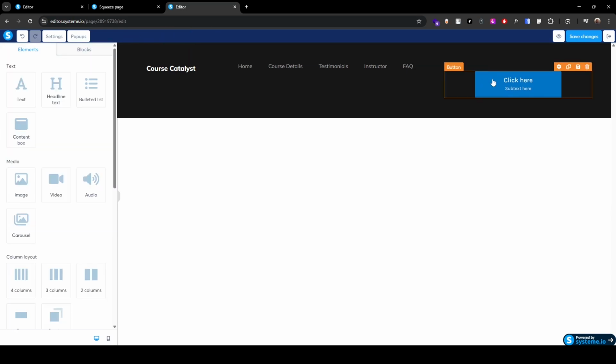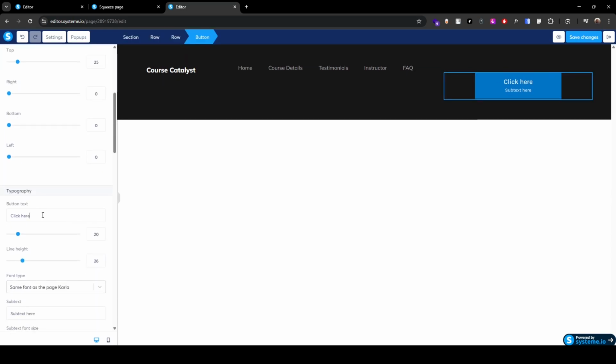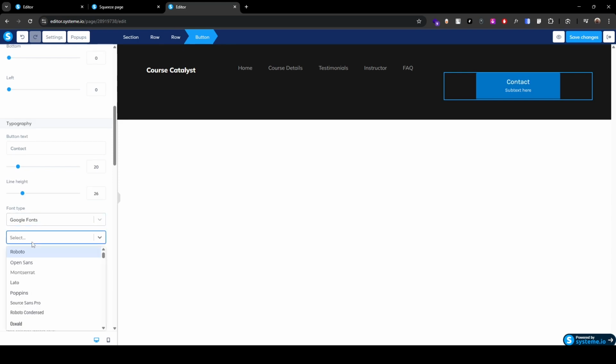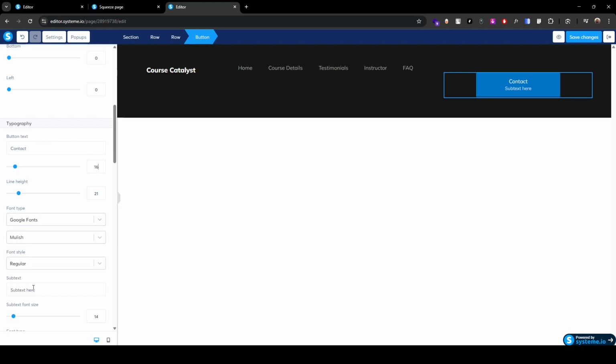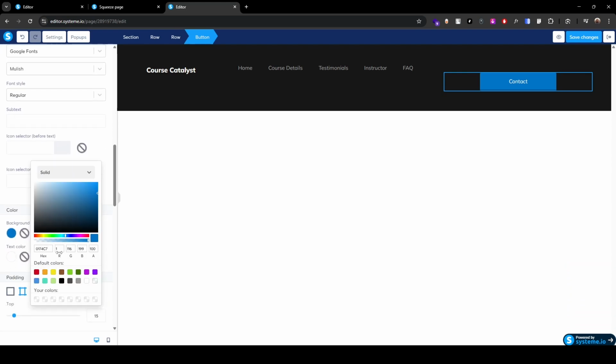Now let's style the button. Change the text to contact. Change the font to Google font Mulish. Decrease the font size to 16 and remove this subtext here. Change the background color to this color